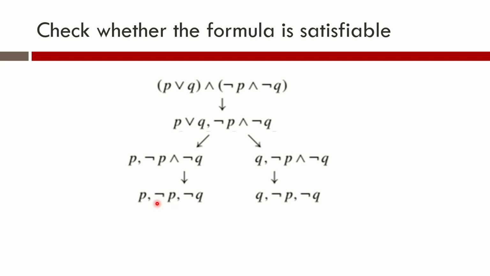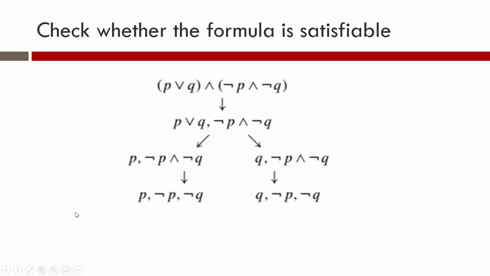It contains only literals and negations of literals, right? It contains only atoms and negations of atoms. That is, it contains literals only. This branch also contains only atoms and negations of atoms. Right, it contains only literals. It is a set of literals. So, since it is a set of literals, our next step is to mark the node closed or open.